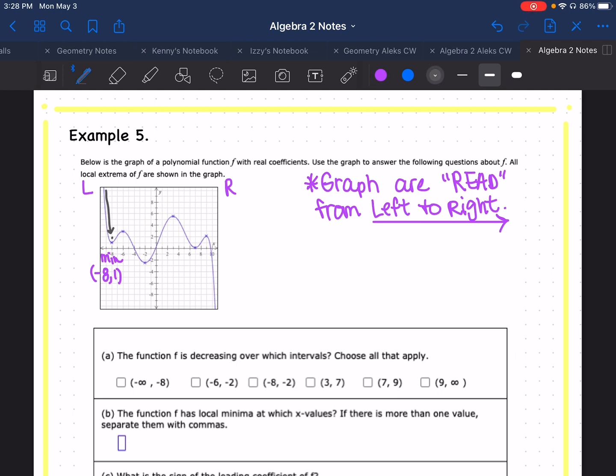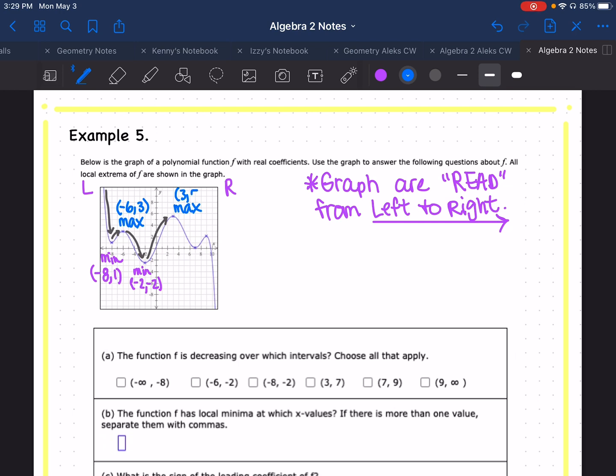Then it looks like my graph is going to turn and it's going to increase to this point right here, which happens to be a local maximum, which is at the ordered pair -6, 3. Then my graph is going to turn and it's going to decrease to this point right here, which is a minimum and is at the ordered pair -2, -2. Then my graph will increase to this point right here, which is a local maximum, and it is at the ordered pair 3,